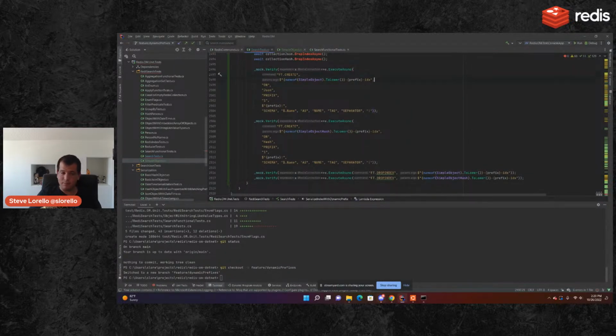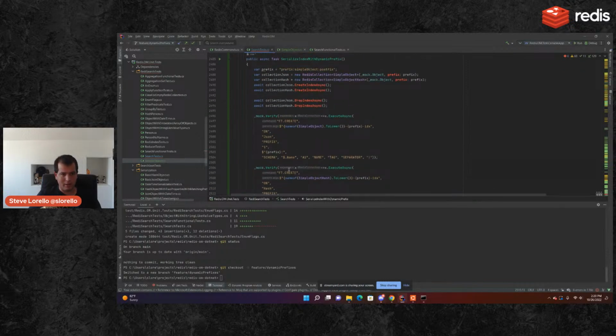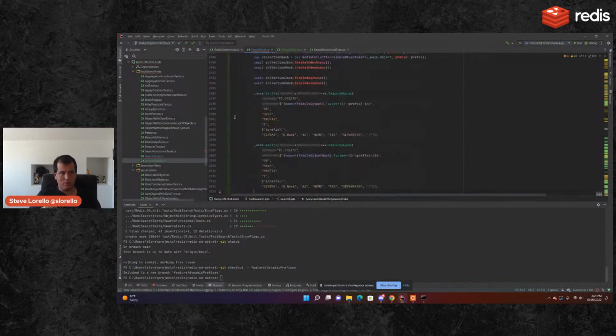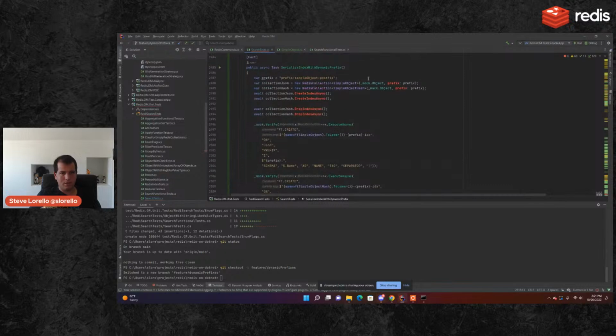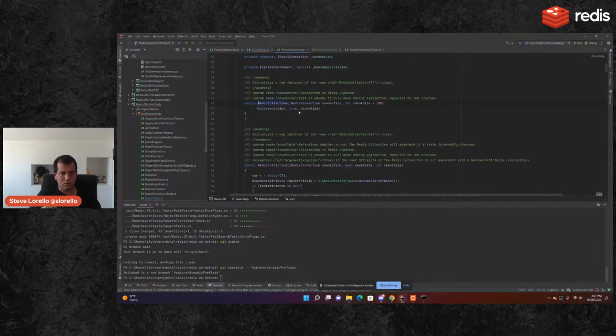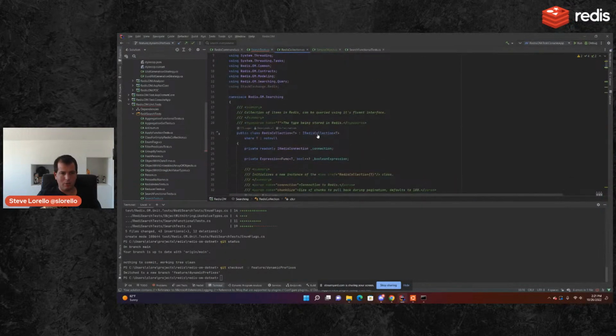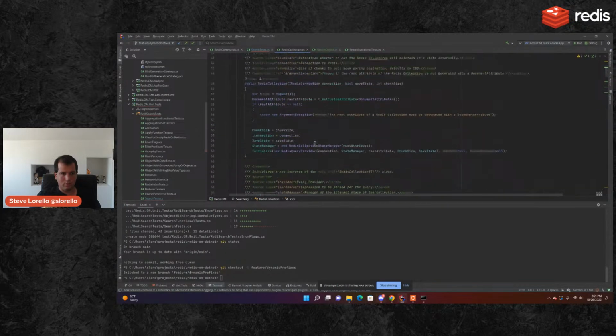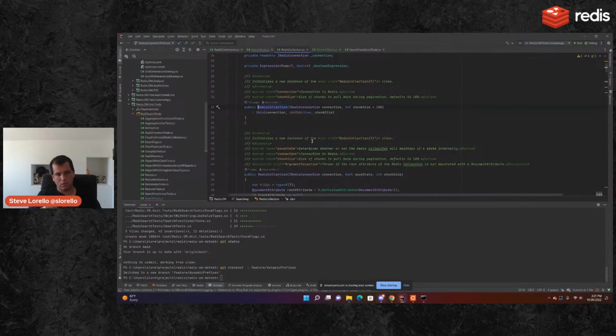Yeah, so this is what I want to have happen. When I create an index, I want it to look like this. Then when I drop it, it should look like that. So that's a pretty good starting place to jump off from. So in Redis, so in Redis collection,